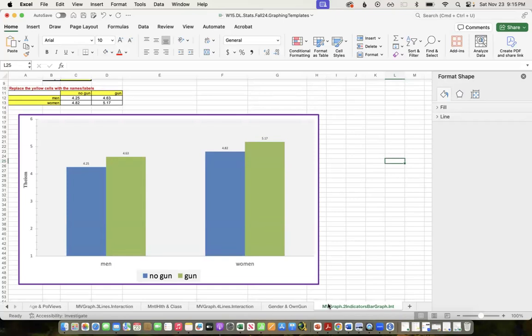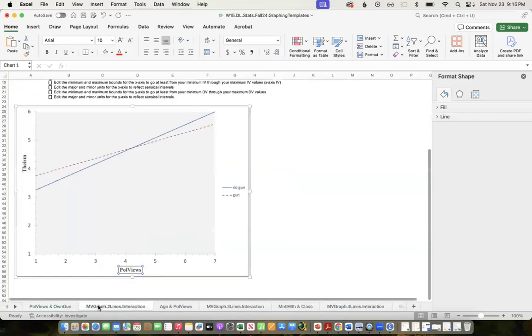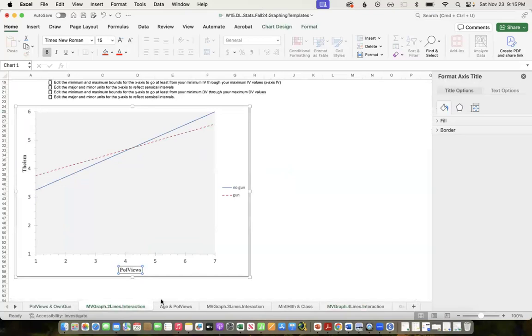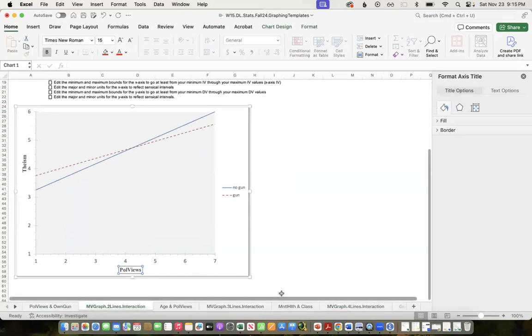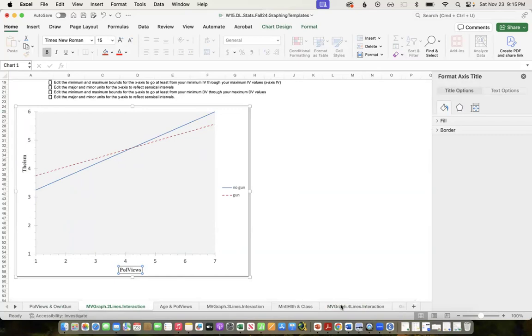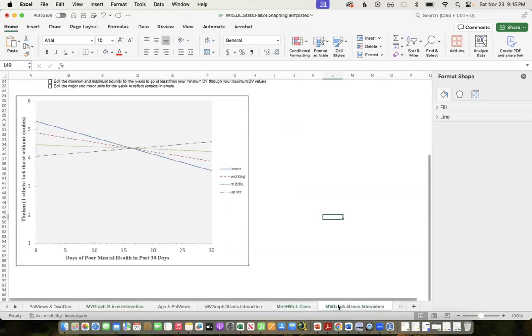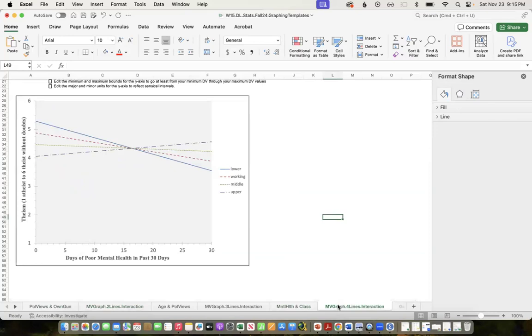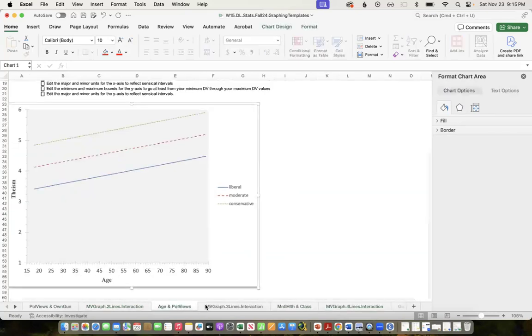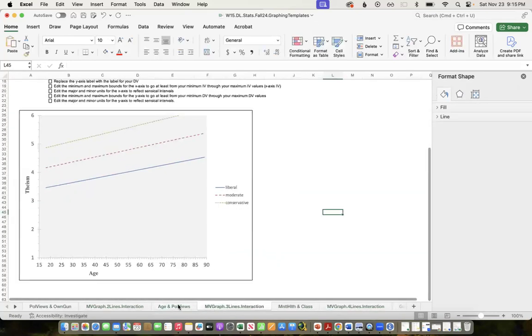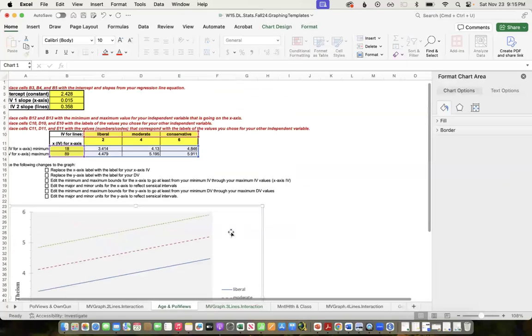So when we saw that it wasn't significant, when we graph it, we can see that considering this interaction isn't really going to tell us much. Whereas we could see with a couple of them, it's having a substantive change. So this one with full views and gun ownership, as well as this first one we did with class and days of poor mental health, where we're actually seeing something different. And then something like this, again, we weren't really seeing much difference, but again, if you ended up with